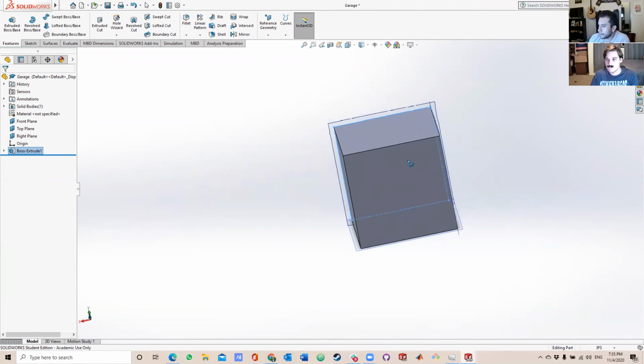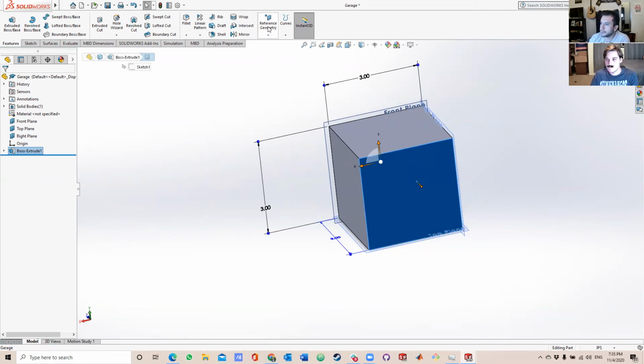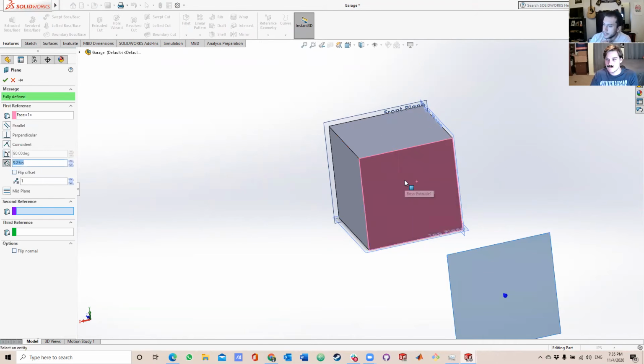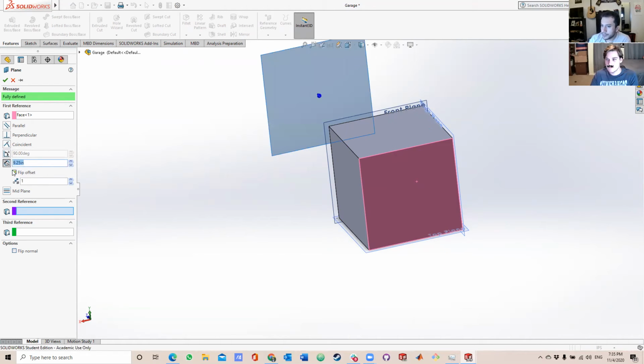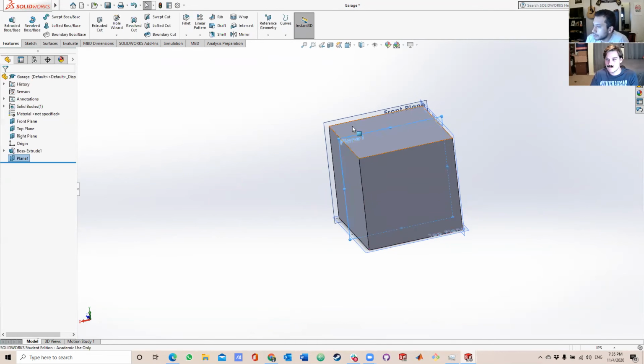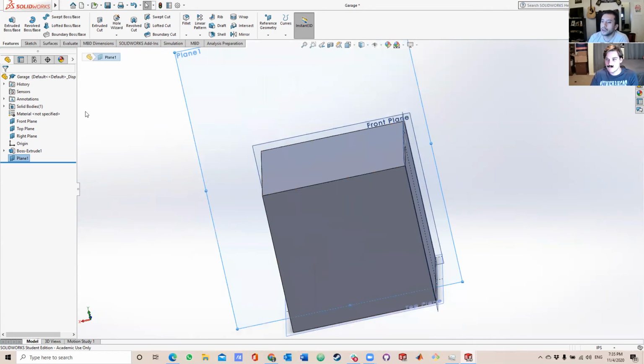So we're going to, once again, make a plane, reference treat plane from here. But I would like the offset flipped, and I want it in the middle. So 1.5 inches from the plane. I want it straight down the middle. Cool. Make it a little bigger. I want a circular roof